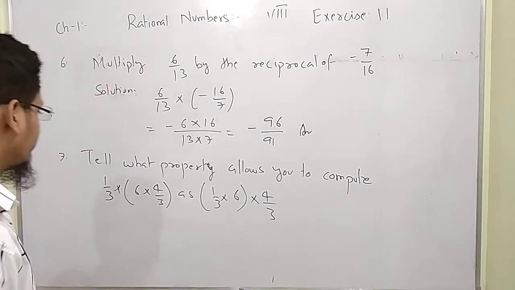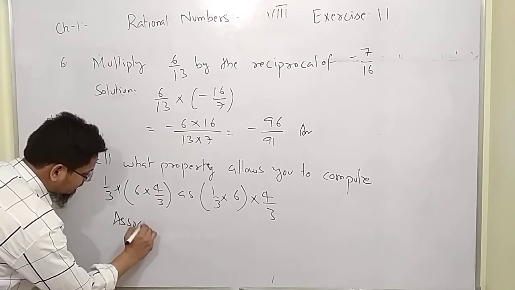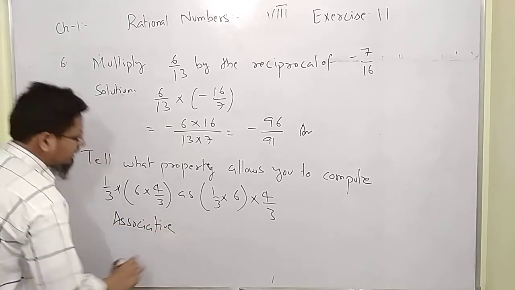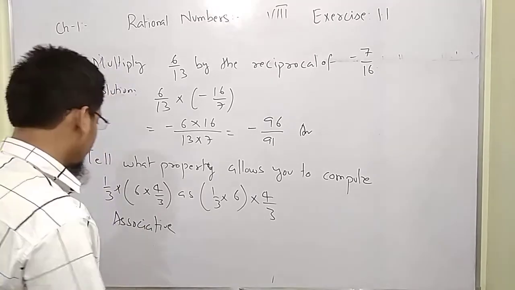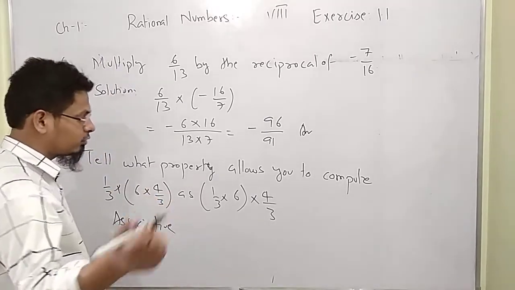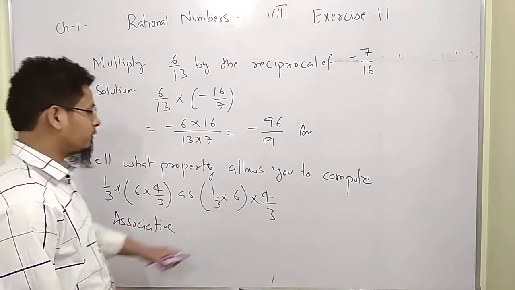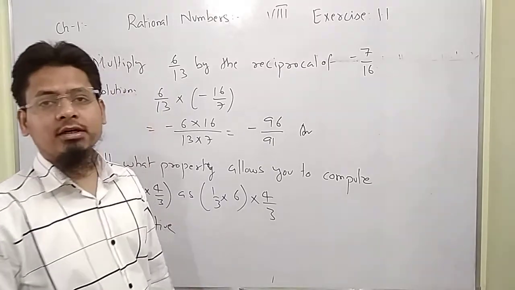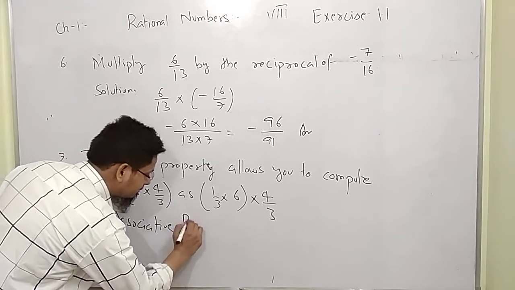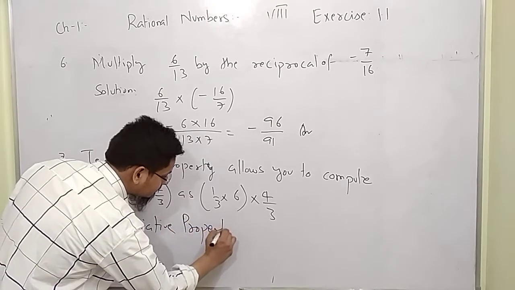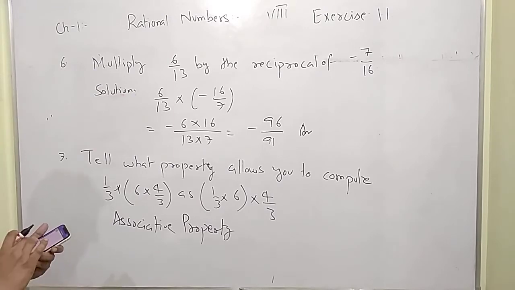Okay, the property, if you remember, is the associative property, and the value of both the numbers is the same, and you also find the value as well. Okay, you try it on your own. Everyone, first solve this part, after this solve this part and find whether the solution of both is the same or not. It is the associative property. The answer will be the same, right? So question 7 has been done.